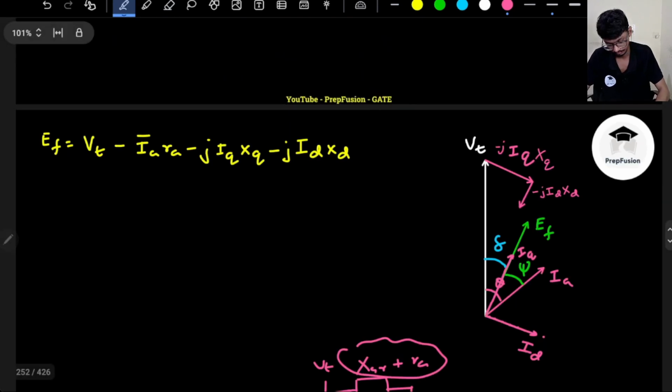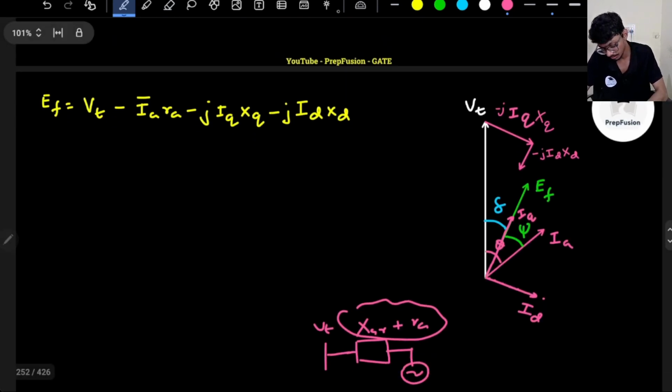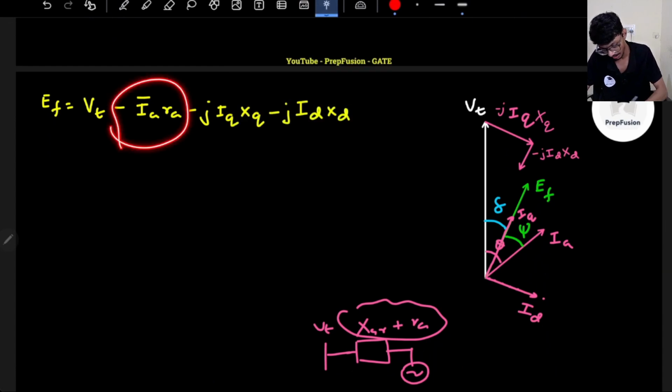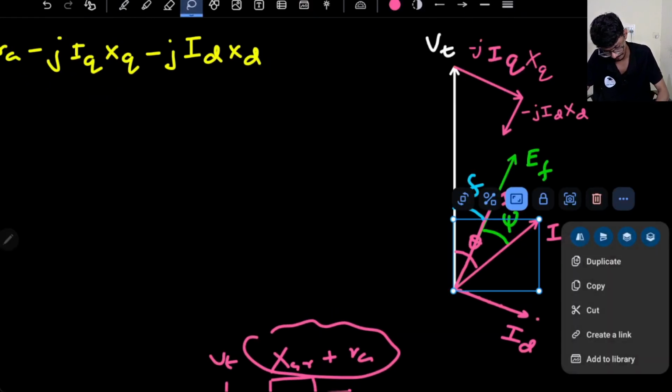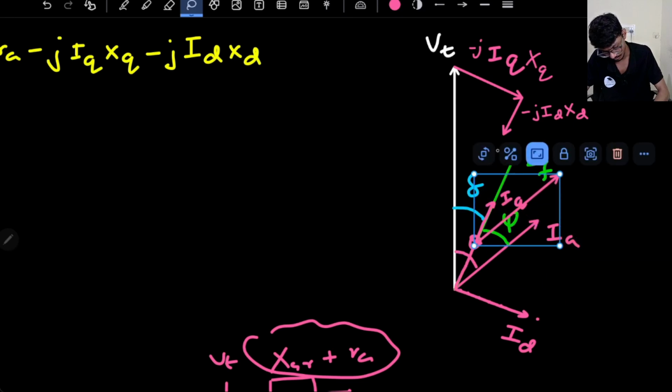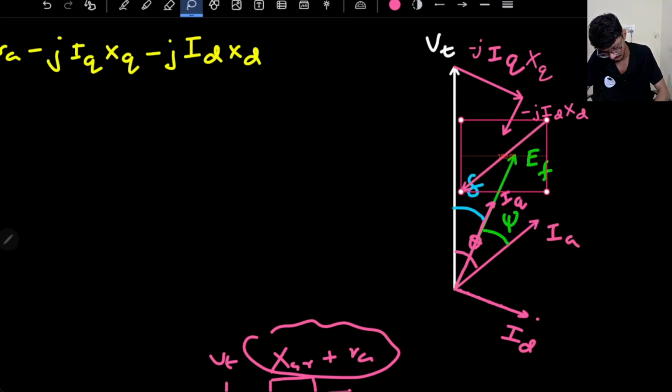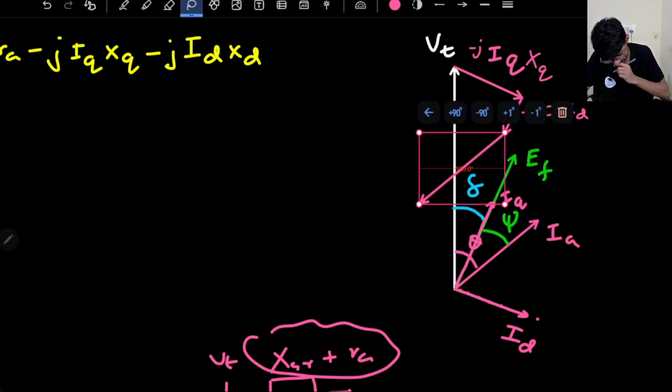ID into XD, okay. Now the last part is minus IRA, right? So IA is in this direction, minus means just opposite, opposite means minus 90 here, okay. So my EF, okay,